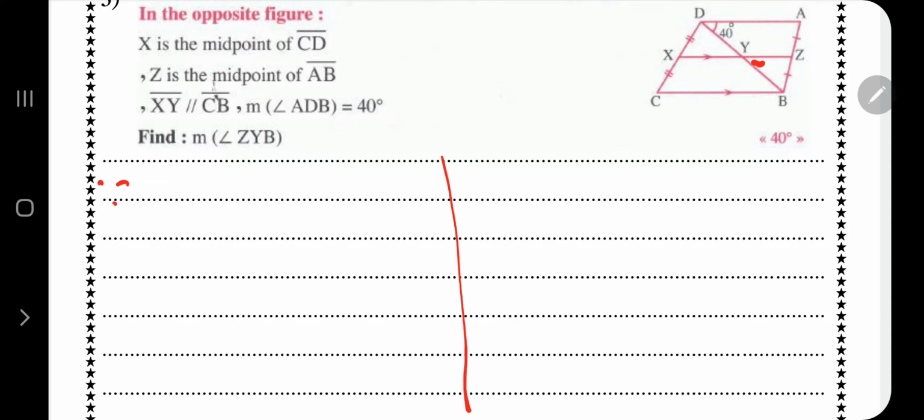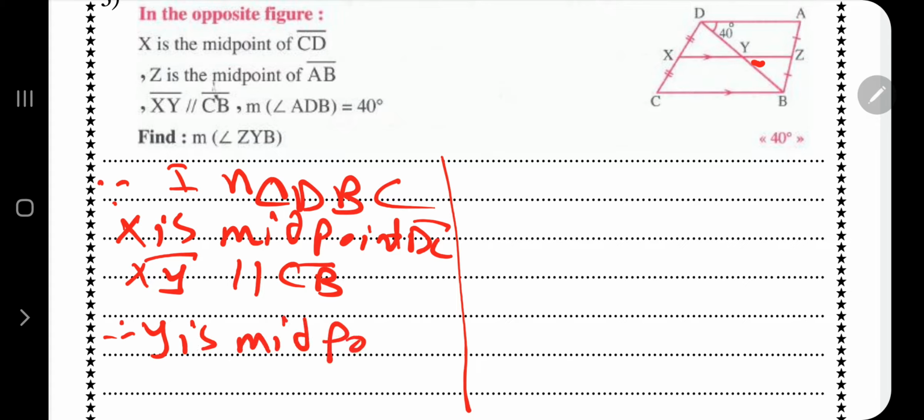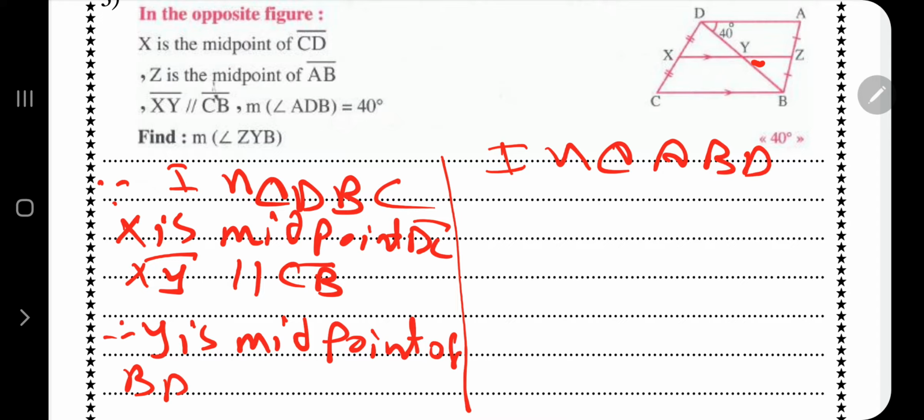Since in triangle DBC, X is the midpoint of DC and XY is parallel to CB, that means Y is the midpoint of BD. The next triangle, in triangle ABD, Y and Z are